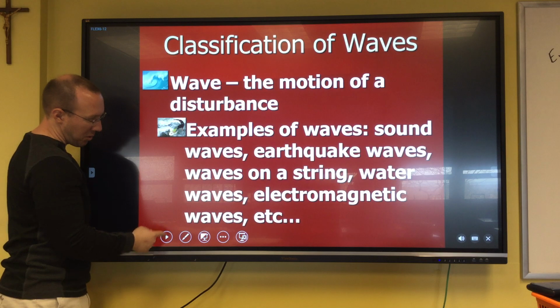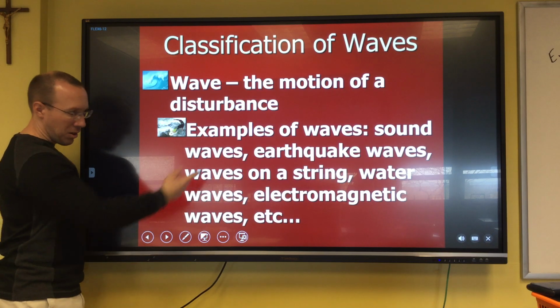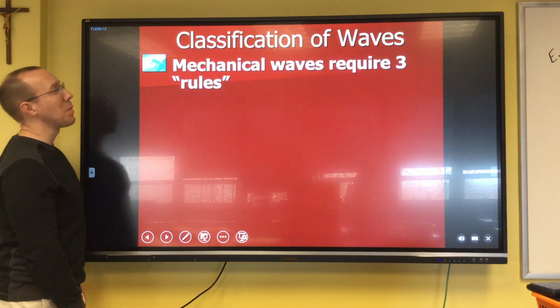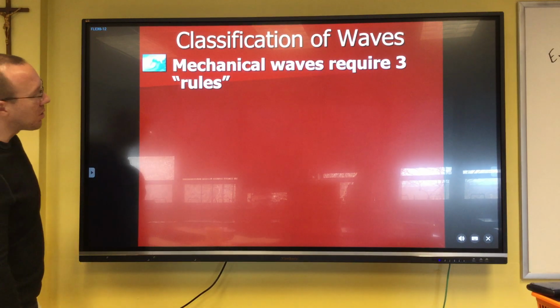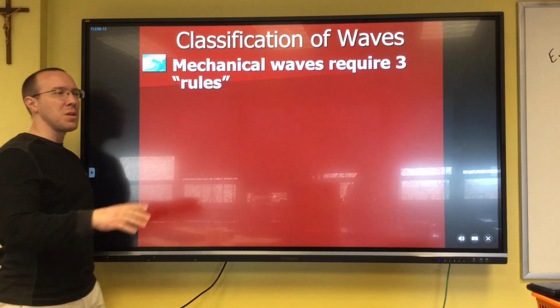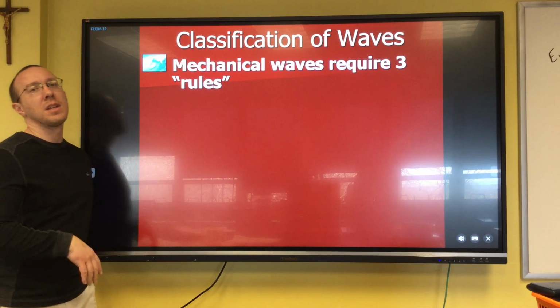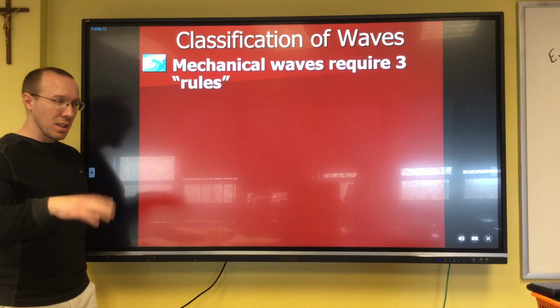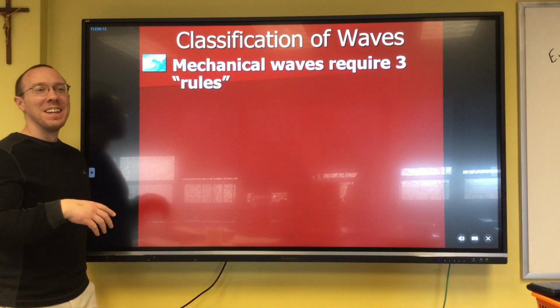So there are some typical examples that we think of. Earthquake waves, there's multiple different kinds. Surface waves, some other ones I don't remember. So mechanical waves, 3 required rules. What's the difference between a mechanical and a non-mechanical wave? An electromagnetic wave, like light from the sun,